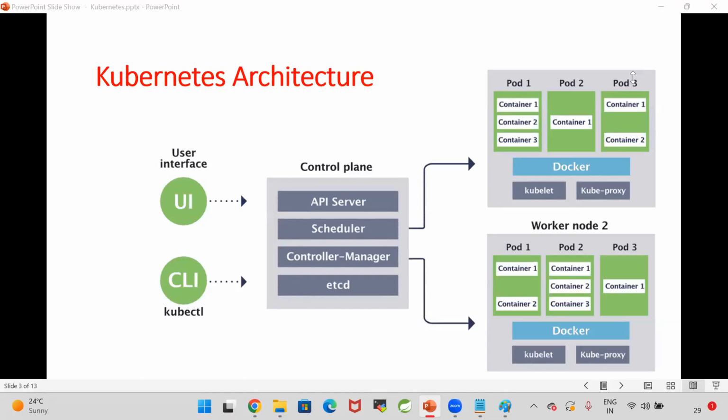Containers will be executed in the worker nodes. So that's why Docker is required to run the container. In the worker node, Docker will be installed. Are we installing Docker in the master node, the control plane?